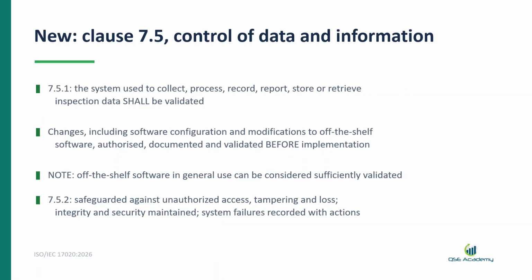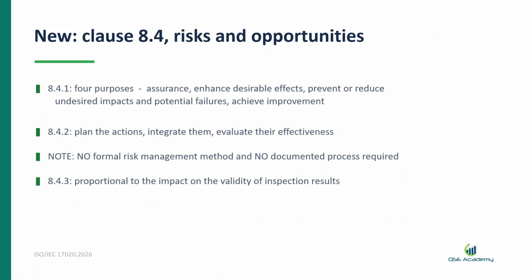7.5.2 then requires technical data and inspection records to be safeguarded against unauthorized access, tampering, and loss, maintained so integrity and security are ensured. And this is the one people miss, to include information on system failures and the immediate and corrective actions taken. Second entirely new clause,